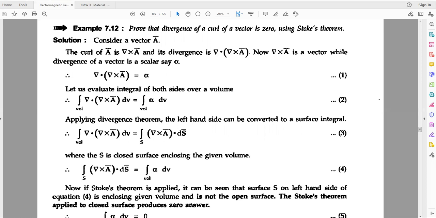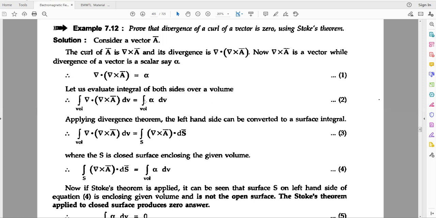So the curl of A bar is del cross A bar, and its divergence is del dot, where divergence means the dot product. Del dot del cross A bar. Now del cross A bar is a vector, while the divergence of a vector is a scalar, which we can consider equal to alpha. Apply the volume integral on both sides. The volume integral of del dot del cross A bar dV is equal to